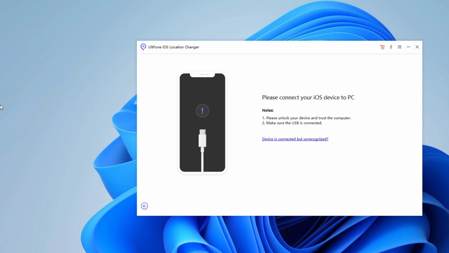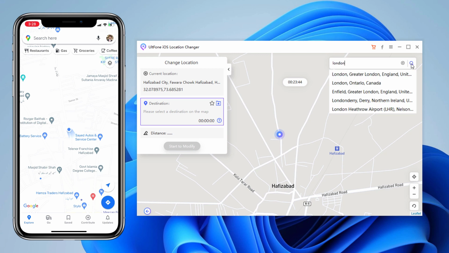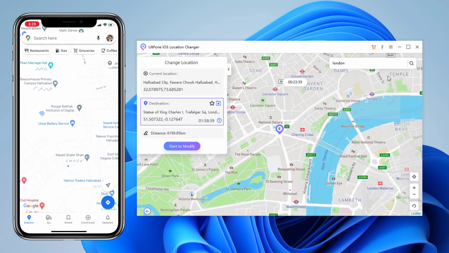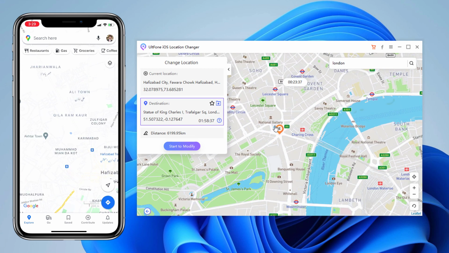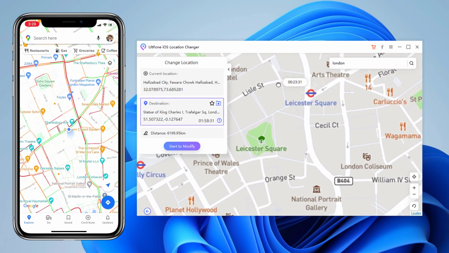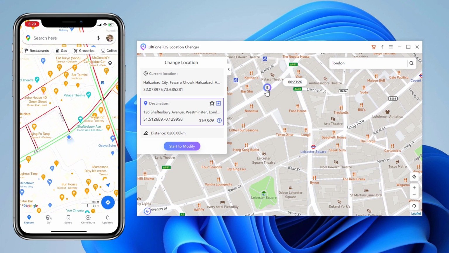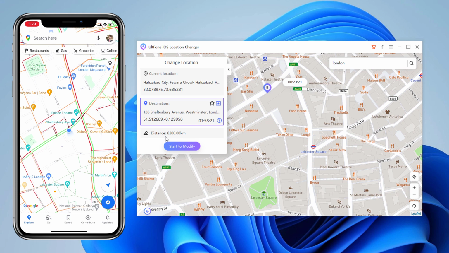Connect your iOS device to the computer with an Apple cable. Now you will find your current geolocation in the map window, and here you can see the current location and destination location tab. You can type the location and click the search icon to match the address you want. Choose the location. It will load on the interface. The system now understands your desired place is London and you can locate yourself on your iPhone. And now the location is fixed to London, and the location in your location based app is of course the same place.